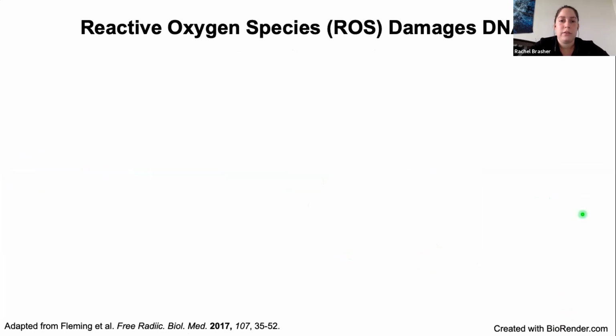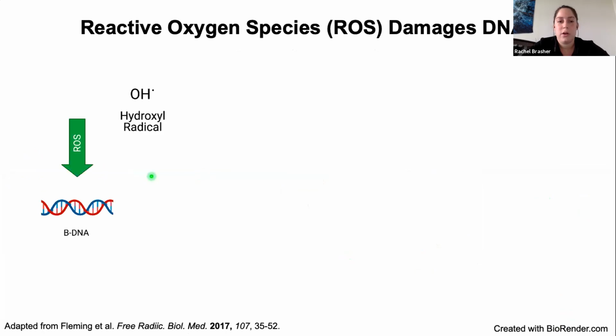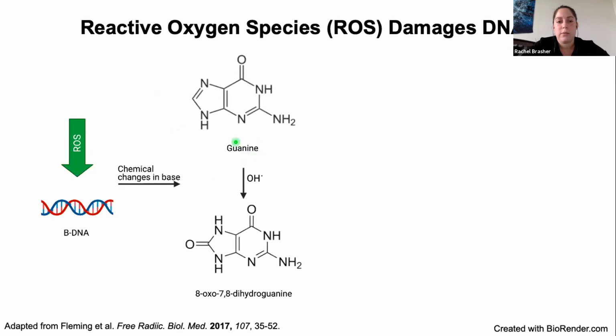Reactive oxygen species is another factor that is known to damage DNA. Reactive oxygen species are free radicals that have an unpaired electron, as can be seen by this singular dot. One specific free radical is hydroxyl radical. Hydroxyl radical is highly reactive and will commonly oxidize DNA. Specifically, guanine will be oxidized because guanine has the highest oxidation potential of all the nucleotide bases. When guanine is oxidized, it will form